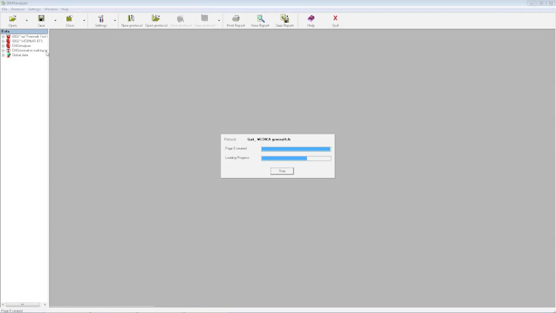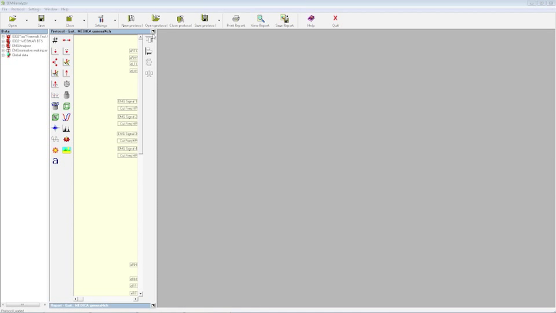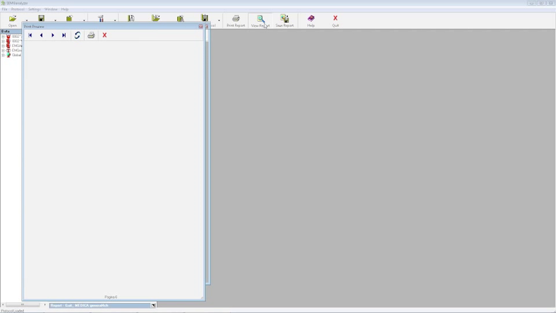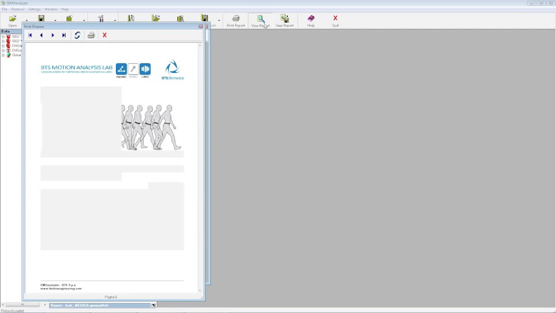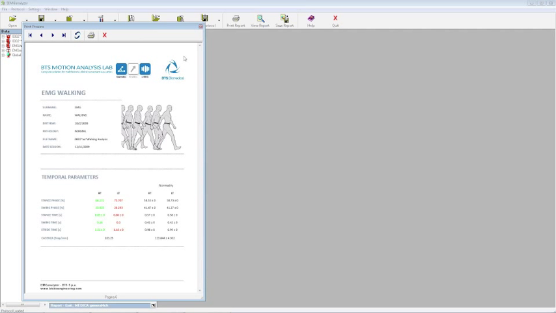So we click on OK. The report is automatically generated, and clicking on View Report, we have the preview of the report just printed. It takes a while to load all the information. Here you can see that we have the surname, the name, the pathology, the date of the session, and so